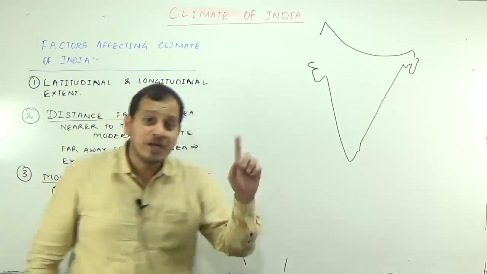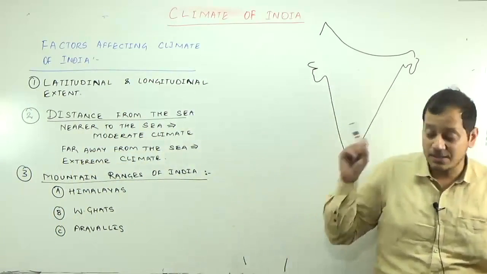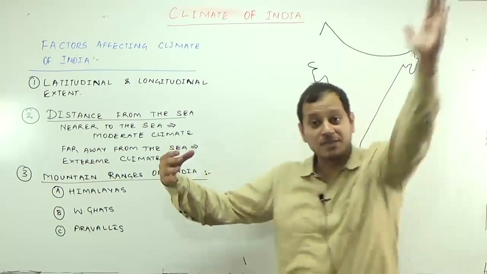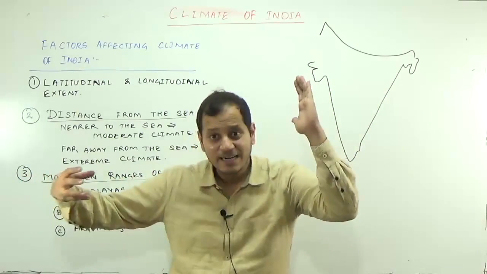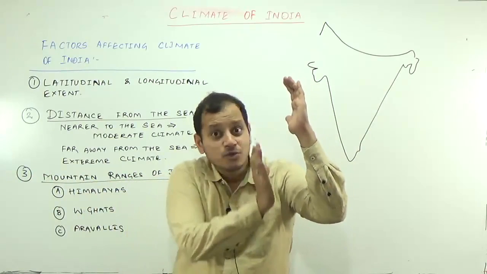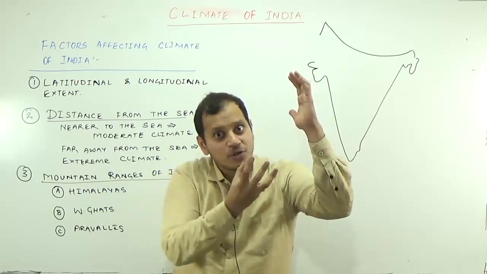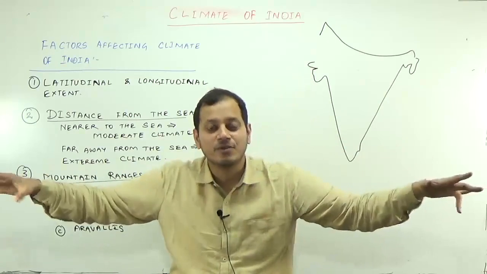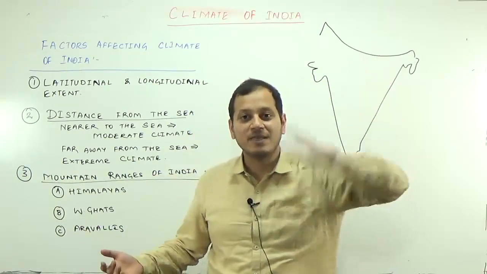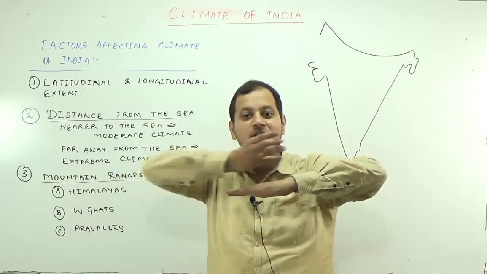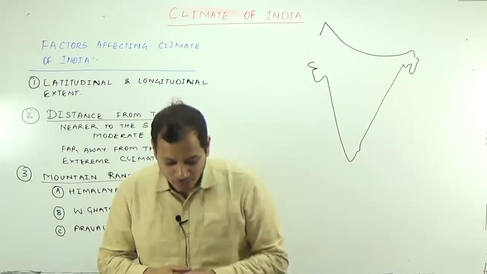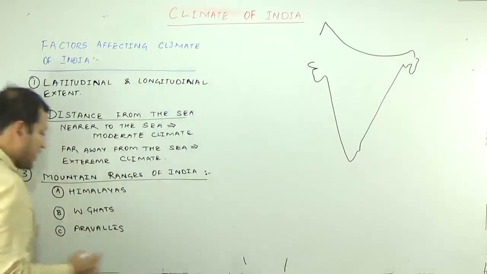Second, during the summer season, the Himalayas act as a barrier to the flowing monsoon winds. If this my hand is a barrier, the Himalayas act as a barrier to the monsoon winds. They do not allow the monsoon winds to pass. The monsoon winds rise over the Himalayas and give rainfall to India. Had this barrier not been there, imagine there is no barrier, then the winds would have passed through India and India would have been a hot desert during the summer season. So the Himalayas protect India